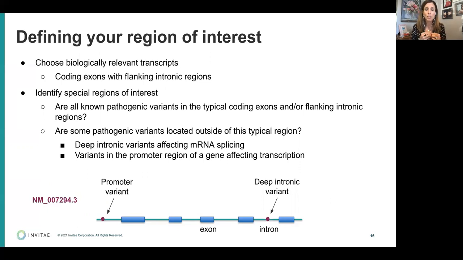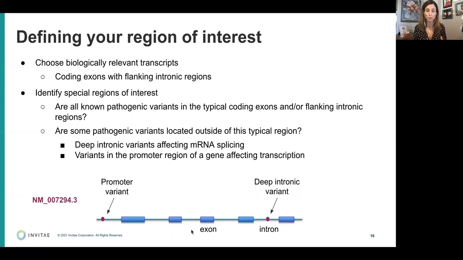And in that transcript, they're going to want to ensure that they are looking at all exons, which are the coding regions of the gene represented by these blue boxes here, as well as minimally the immediate flanking intronic regions where there can sometimes be variants that affect splicing, or how the introns get removed from the exons in the